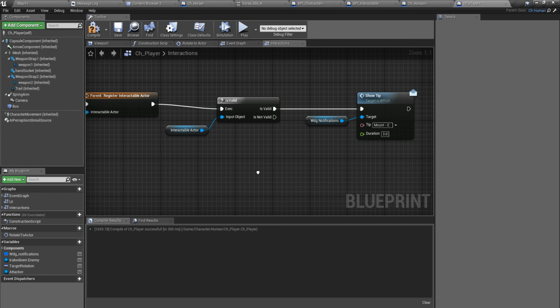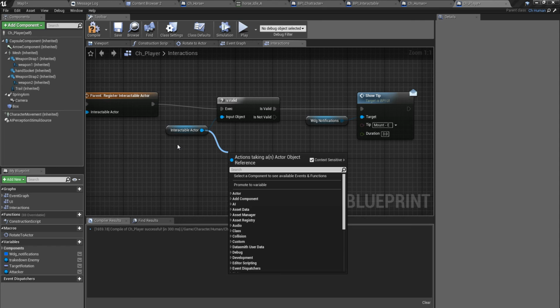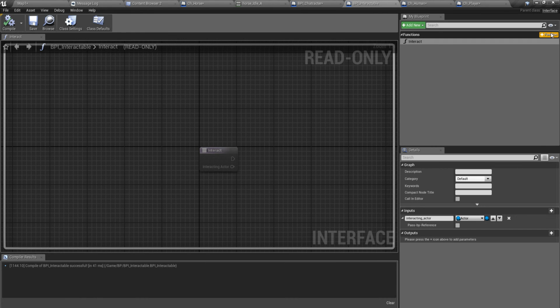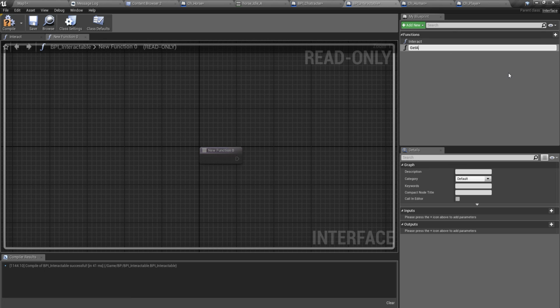So therefore I should implement a way to get this action from this interactable character itself. So therefore I'll implement another method here, get action,